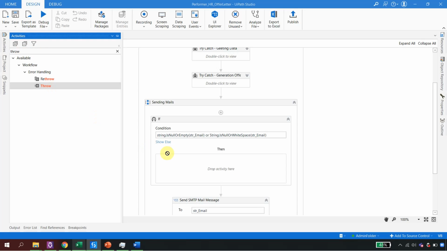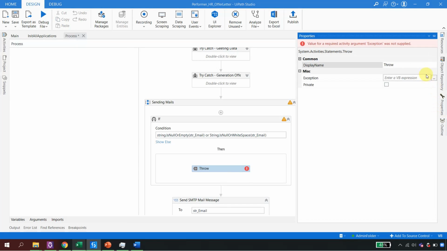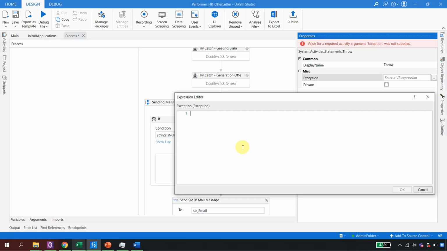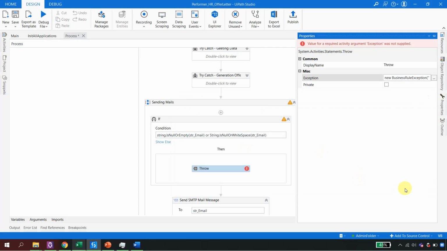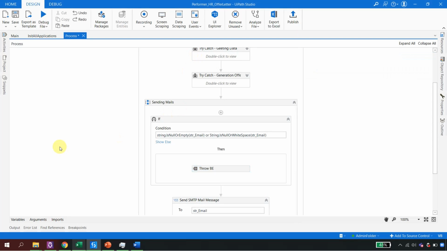Why are we using a throw? Because a business exception is an explicit exception. We have seen in the exception handling playlist that we have to throw a business exception like this: new business rule exception, and I say "email ID is blank." This is something the robot cannot help. If the email ID is blank, where am I going to send it? I say okay, and this is for throw business exception. I am checking that if the email is blank,